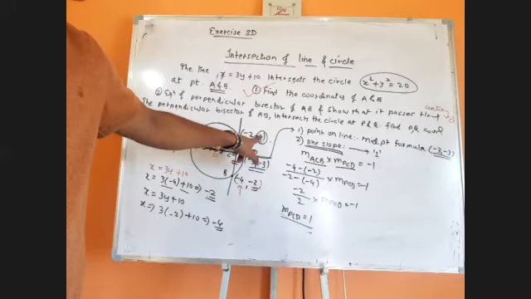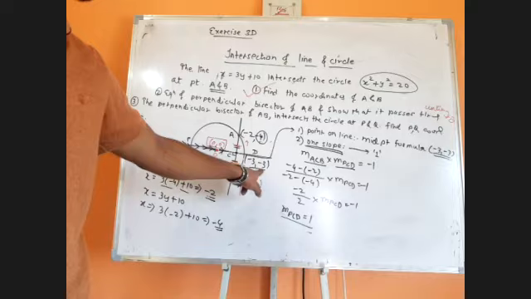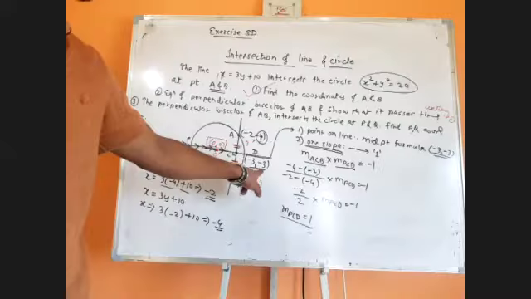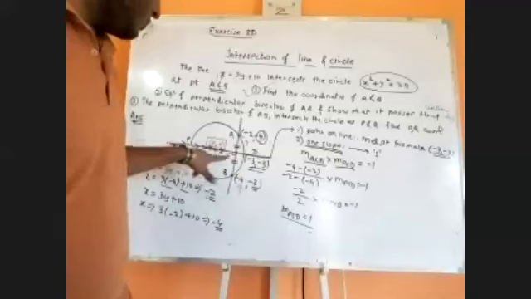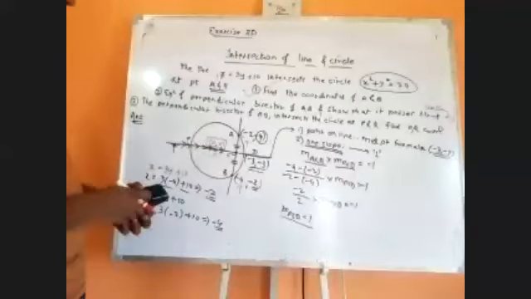I did the same thing. -4 plus -2 divided by 2 is -3, and -4 divided by 2 is -3. We got C, which is why I wrote midpoint formula over here. So you got point C, and we know the slope of PCD. Now we just have to get the equation of PCD.